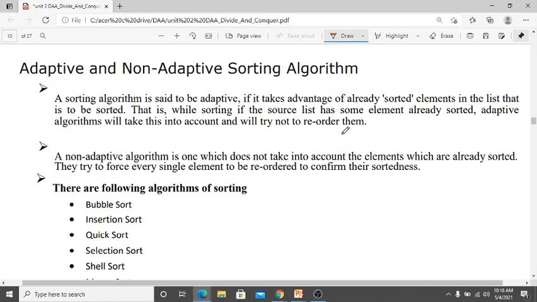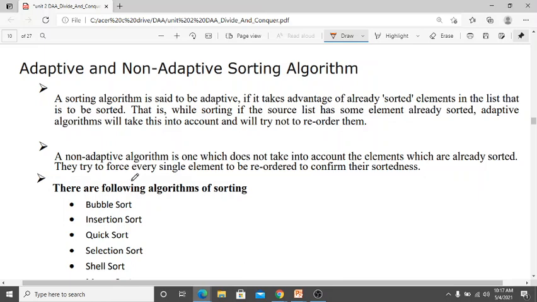Okay, a non-adaptive algorithm is one which does not take into account the elements which are already sorted. Whatever the data is sorted, it will not take into account, means it will not consider.